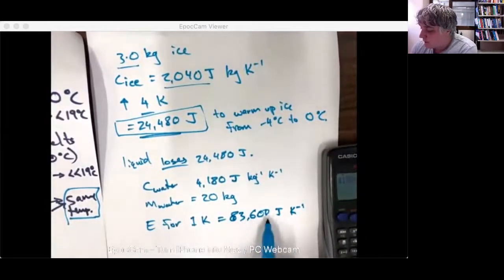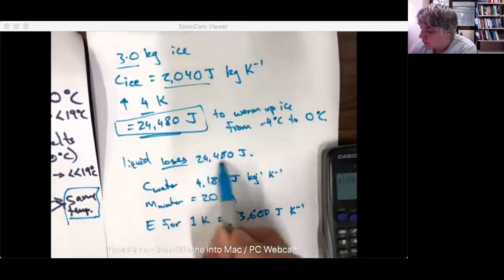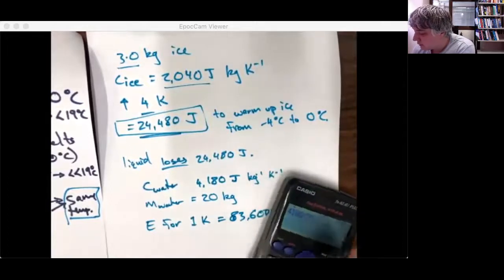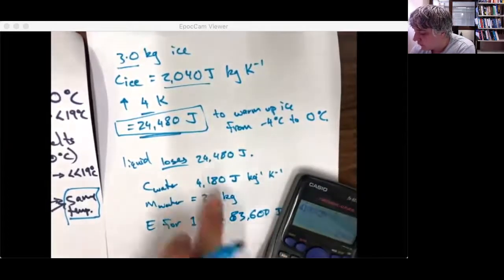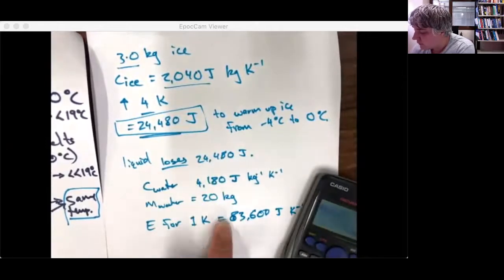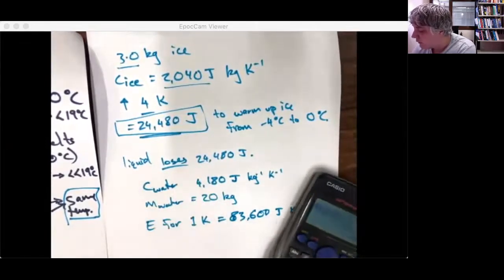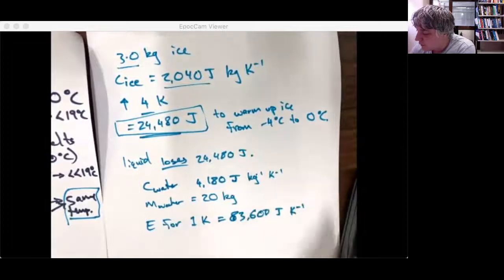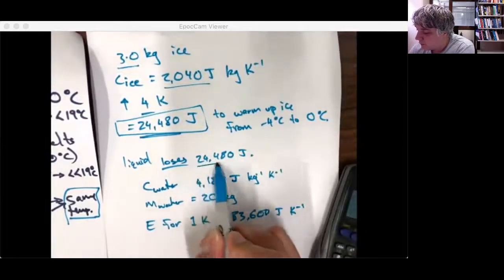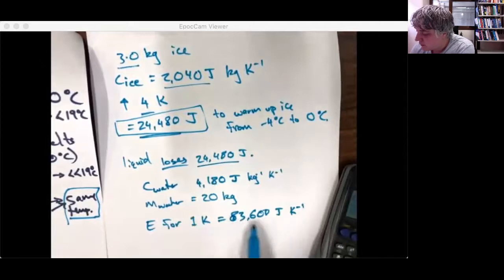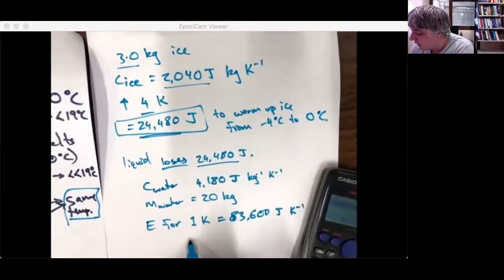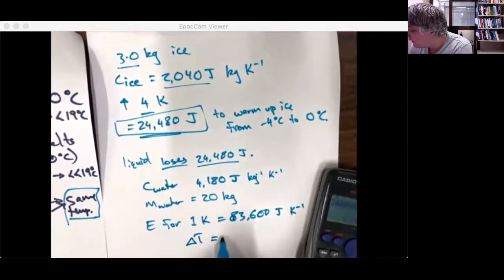So 83,600 will move by 1 Kelvin, but we were only losing 24,480. So that means we're not going to lose a full Kelvin. We're going to lose around a third of a Kelvin, or somewhere between a third and a quarter of a Kelvin. To figure that out, you could actually look at the units if you weren't intuitively sure. We're losing this much energy, and this much energy results in a change of 1 Kelvin. So we go 24,480 divided by 83,600, and our answer will tell us that we have gone down a change in temperature of negative